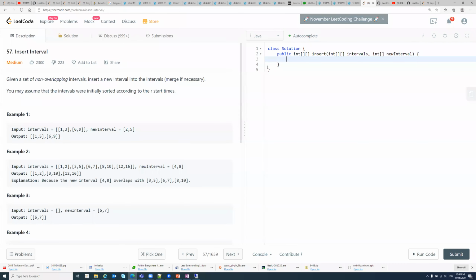In this video I will continue to talk about the sweep line problem, and this is the Insert Interval problem. The insert interval problem is also about merging the intersecting intervals into one interval, and then setting a result. So I will implement the sweep line